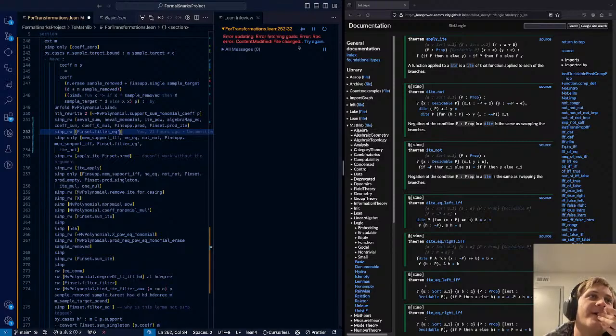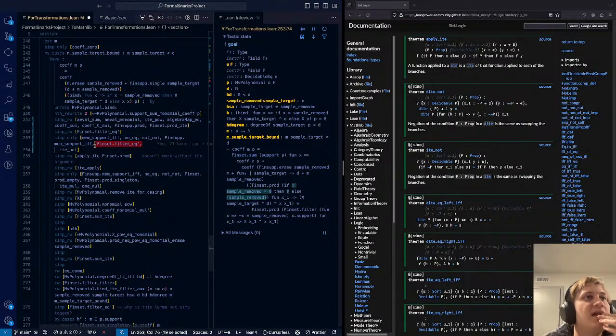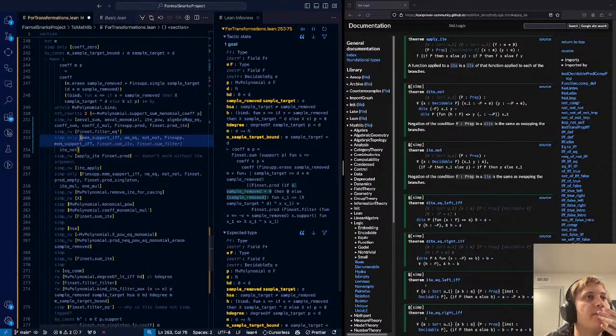File changed. Yeah, I do sometimes get this error, but it usually resolves itself. Okay, cool. So that makes sense. And can we now delete this, presumably? The thing is, it's now going to proceed to want to apply a mem support if or something.